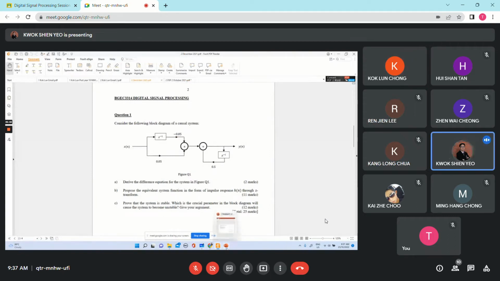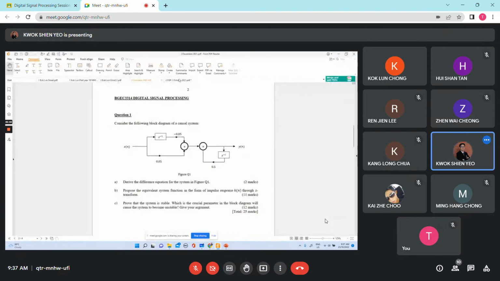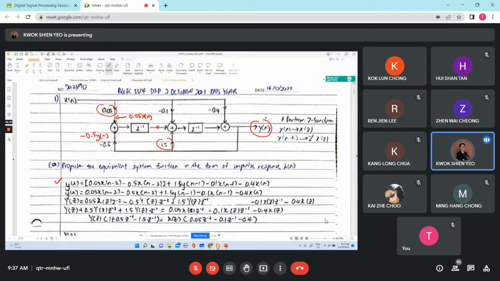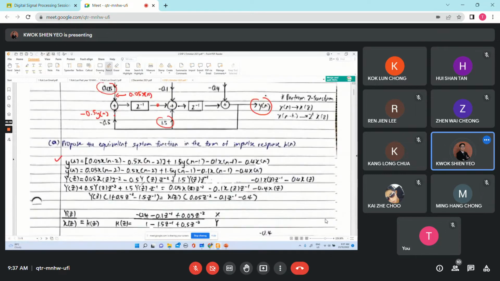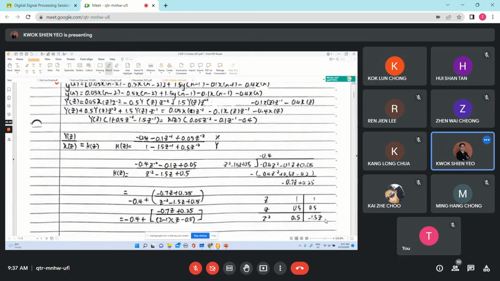So this one I don't understand already. This one is very complex, hard to follow. So I just skip that. I think something is wrong already. So the next question is